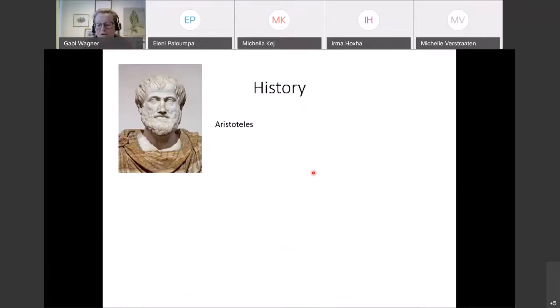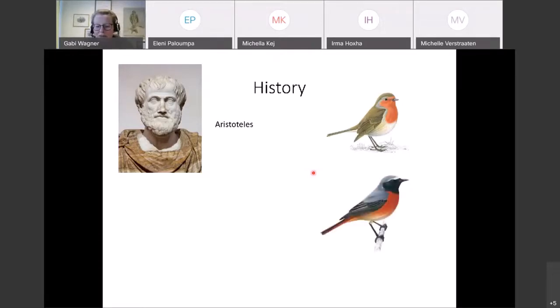What he observed in winter was that the robins that breed further up in the UK, for example, everywhere in Europe, appear in Greece, and at the same time, this bird disappeared. So that's the redstart, also a migrant bird. So what he decided was going on is that these species transmutate. So one species turns into the other to better cope with the harshness of the Greek winter. Nowadays, we know, of course, that a species cannot turn into another one.